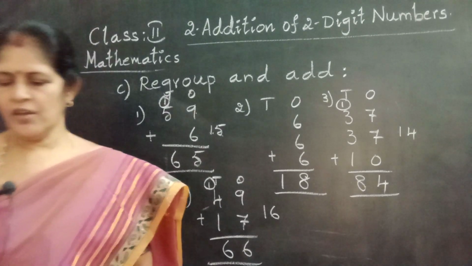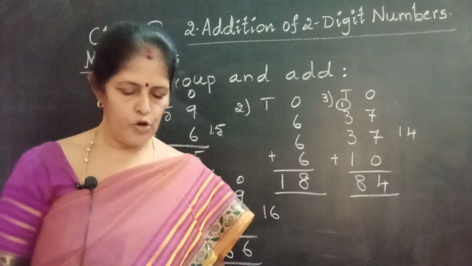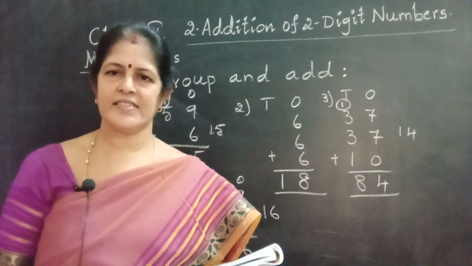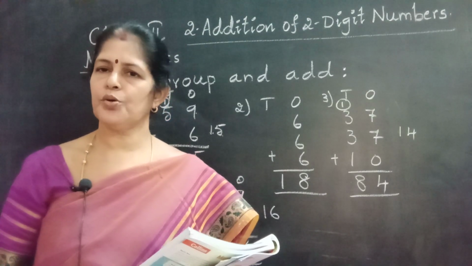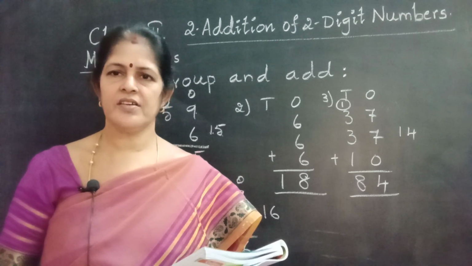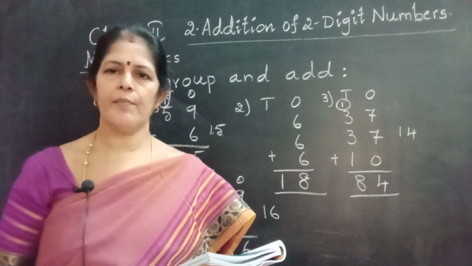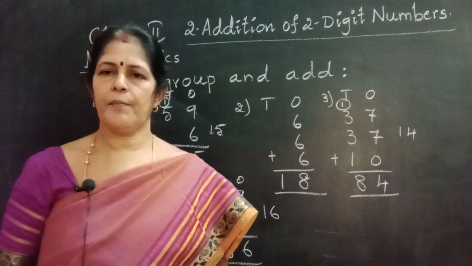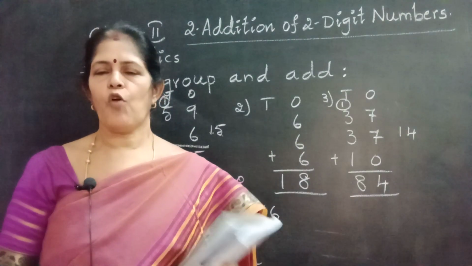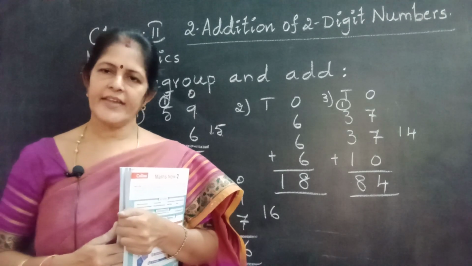Understood, my dear children? We continue Roman D, Roman E, Roman F in tomorrow's class and learn tables 2 to 10. Already I gave you the table of 8. Okay? You learn up to 8 only. 2 table to 8 table and properties of addition. And whatever notes I sent through WhatsApp, you write in your classwork.